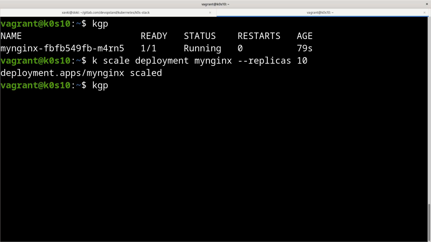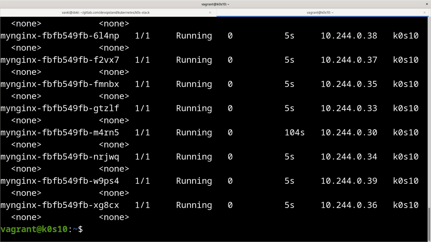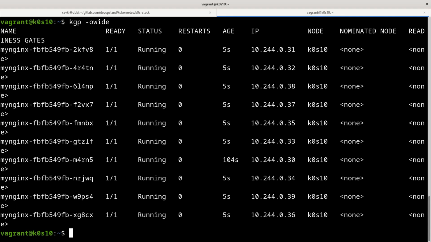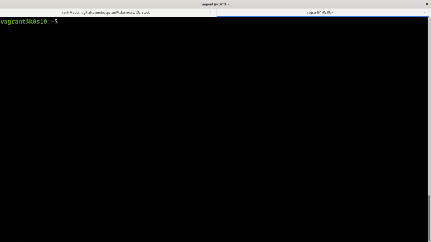And if I have 10 pods, of course we have many IPs, and I need a load balancer in front of this deployment, not pod but deployment, to load balance between each pod in this deployment. So how to do that? We can do it with a service.